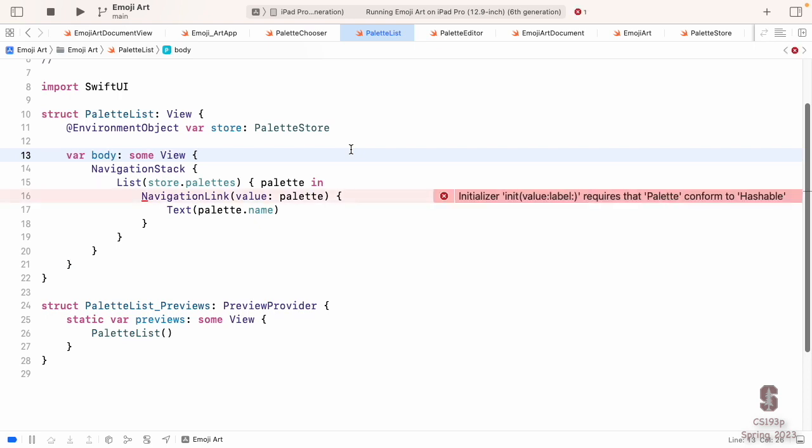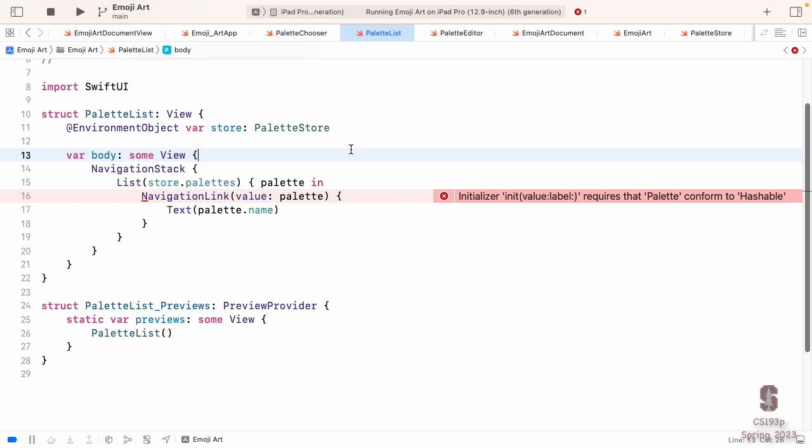In our case, it's obvious, a palette. We're clicking on the name of a palette. The palette is what we're associating with. But you can actually associate it with anything. But what's going to happen next is we're going to take that association and then figure out what to navigate to based on what it is. Okay, in this case, the palette. We'll get that in a second, because first we have a problem here.